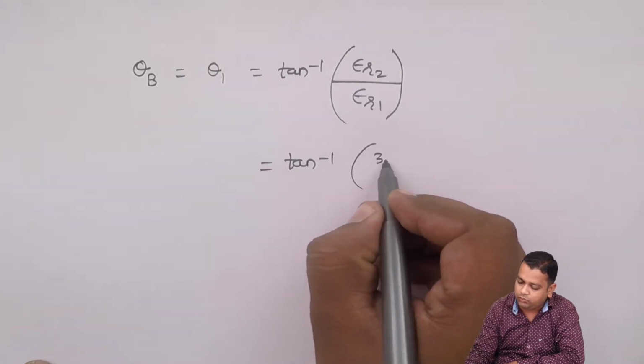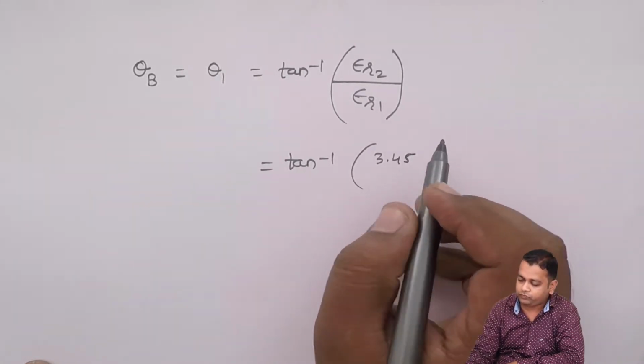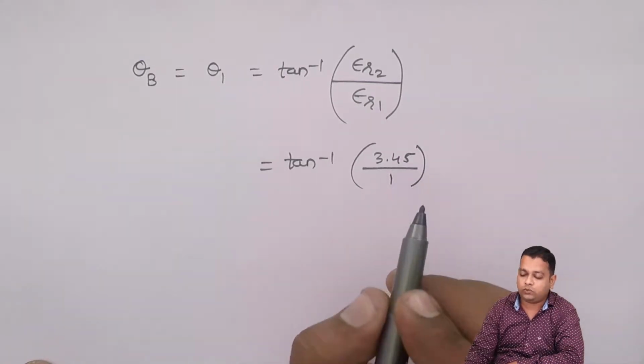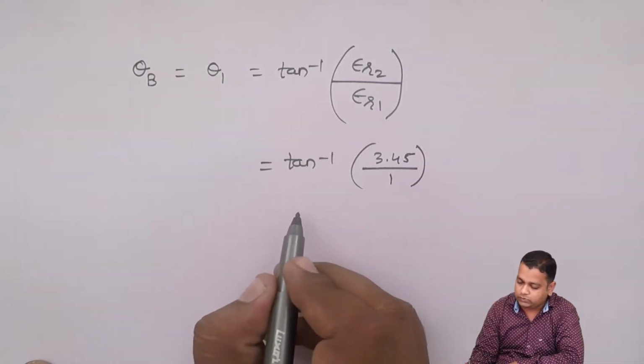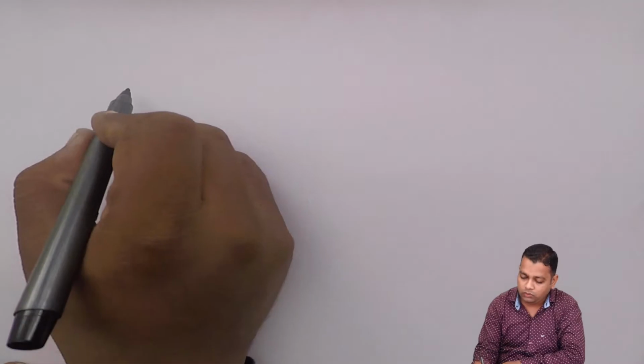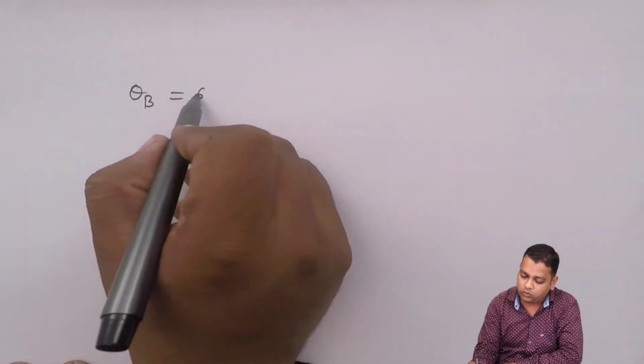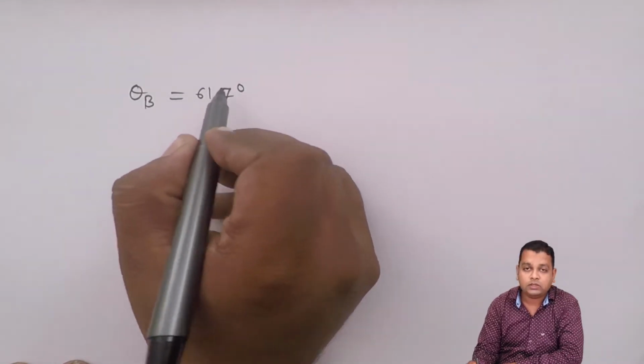So here if we make substitutions, tan inverse of epsilon r2, which holds the value 3.45, and epsilon r1 for the air medium, which is equal to 1. So finally we have the Brewster's angle theta b to hold the value 61.7